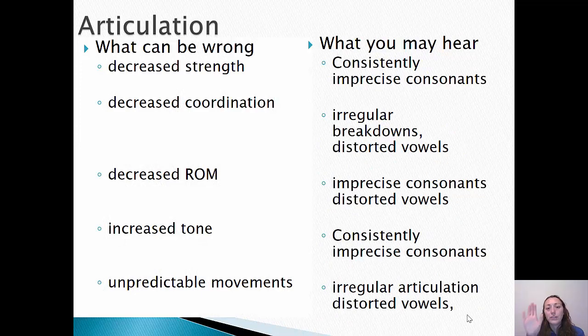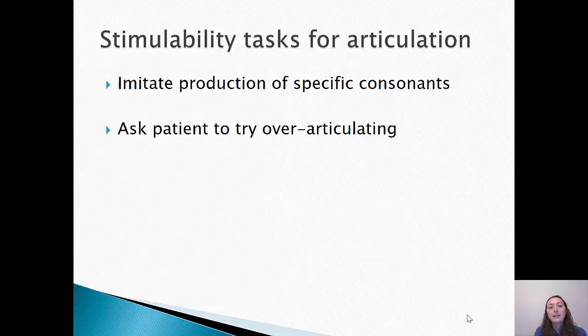Same thing for articulation: what you may hear, what the deficit may be, and then stimulability. Something that seems so common sense and simple is a general dysarthria compensatory strategy that seems to help many patients, which is just over articulating. When a patient over articulates, likely they're going to slow their rate down, and hopefully that will increase their intelligibility